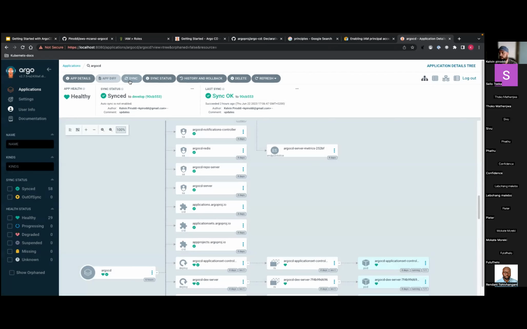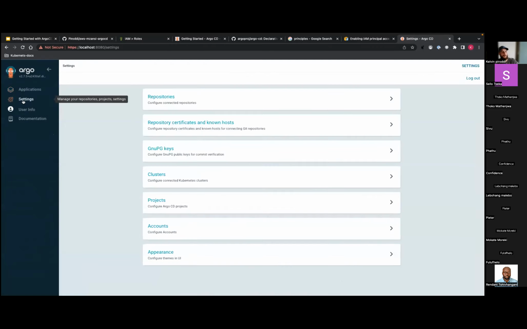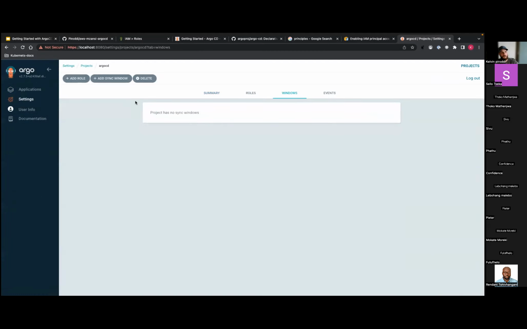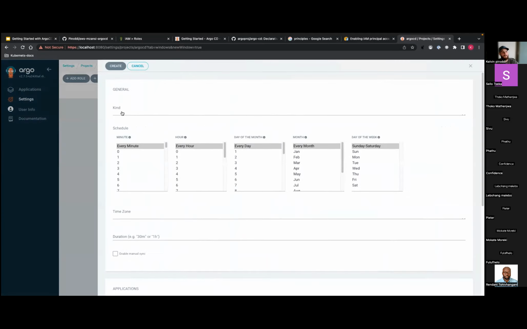And this can be useful in production, when you want to deploy at a certain time of the day, like when customers are not busy, like midnight or something. So you can do a manual sync. Projects also have something called sync windows. Basically, you can allow people to sync only at certain times of the day. So as the admin of ArgoCD, I can say, hey, you're allowed to auto sync between midnight and 2 a.m. Other than that, we're not going to allow syncing.